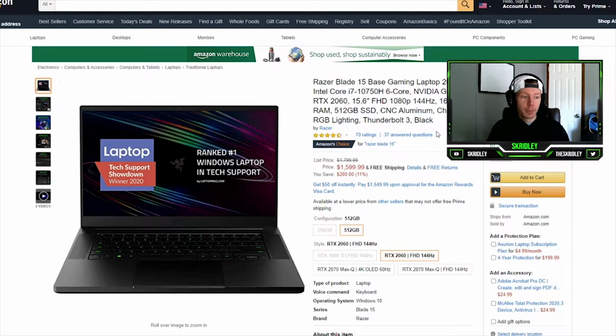All right, so here we are on Amazon. This laptop is currently priced at $1,600. It's actually $200 or 11% off right now, which is actually a pretty good deal, especially with free shipping. But anyways, moving on to the specs, this Razer Blade 15 comes with an